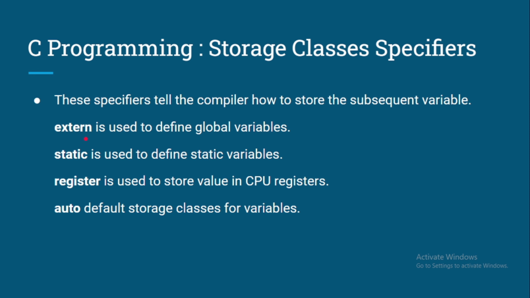First is extern. Extern is used to tell the compiler about global variables, which are not mentioned in any method, so they will be in a separate memory. Whatever global variable you mention in the program goes into this category, extern. If you write extern or you do not write extern, it doesn't matter. So that is the benefit of that.